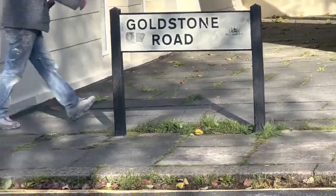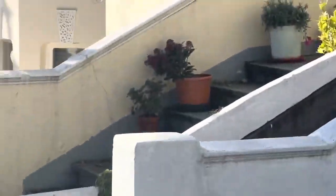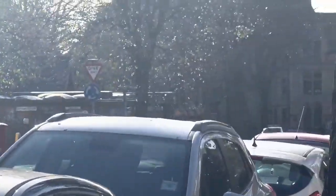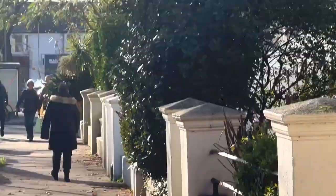There is a Goldstone Road as well. That's quite a long way away from Hove Park, so probably nothing to do with the football ground that I wasn't going to keep talking about. Suddenly found myself talking about it again. Anyway, so